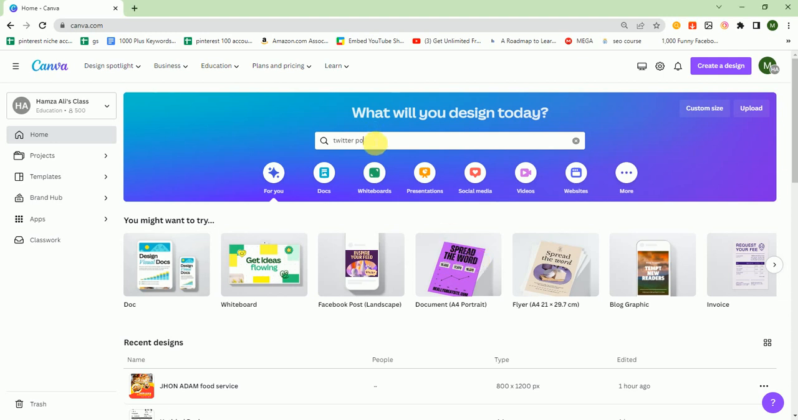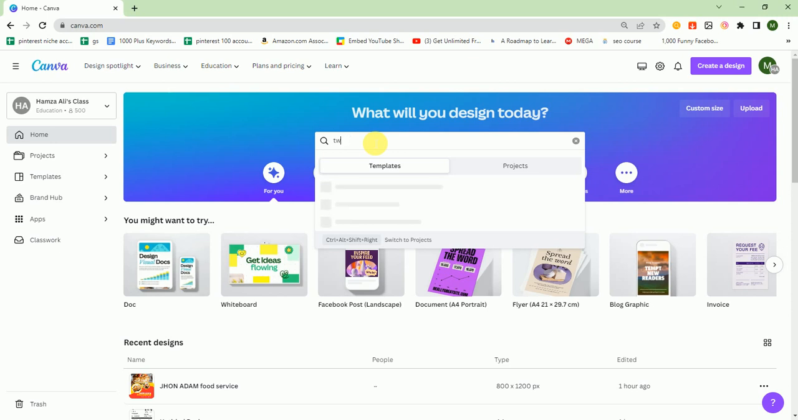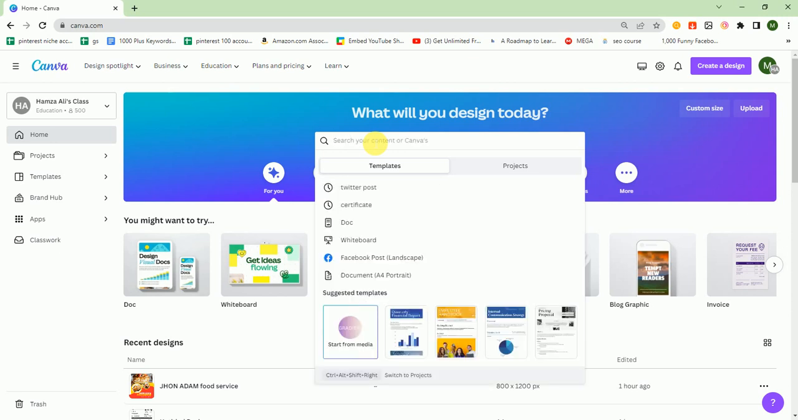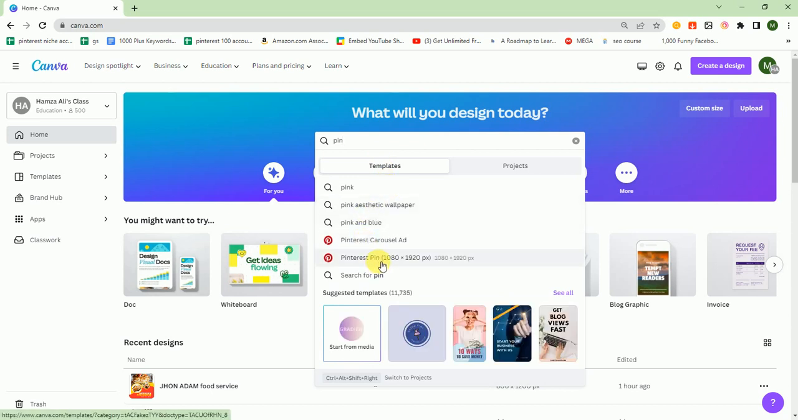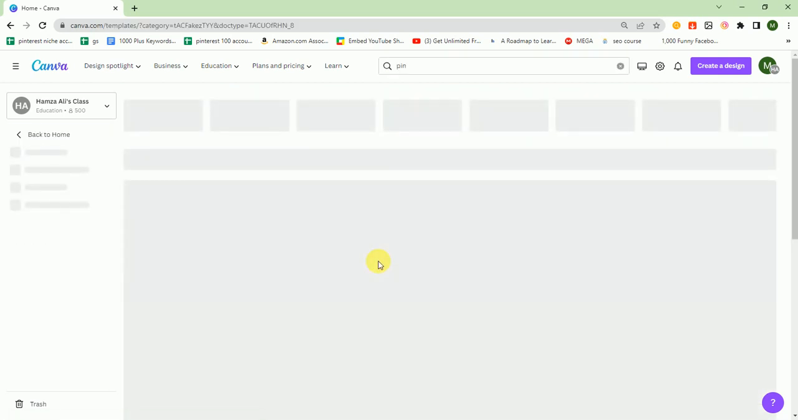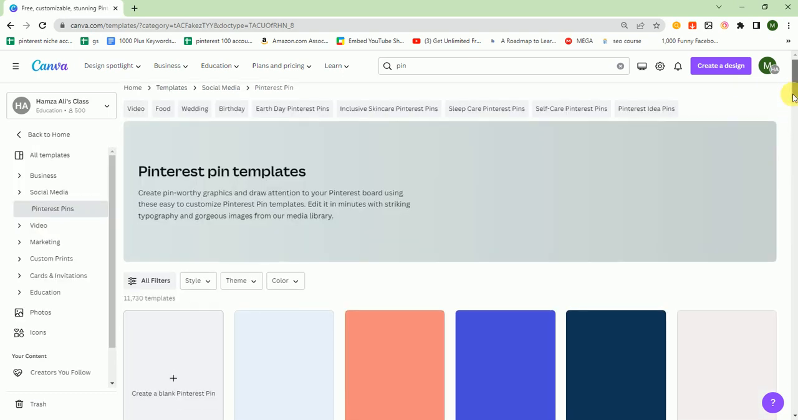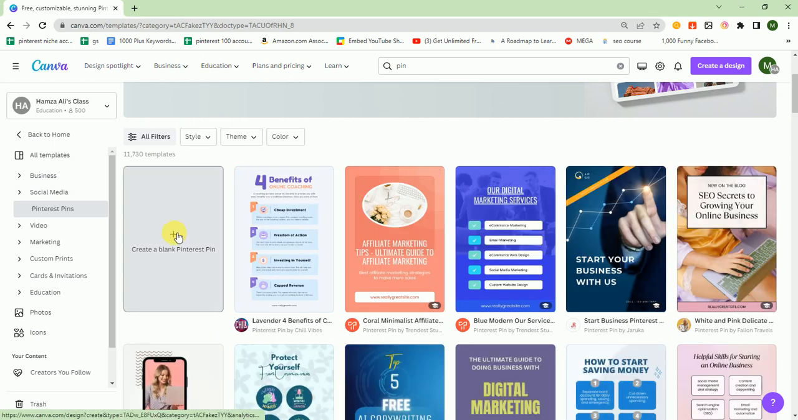After that, I click the search bar and write here Pinterest pin. So I click on this, and it shows us different templates. I click on create a blank Pinterest pin and it will appear in the next video. So guys,